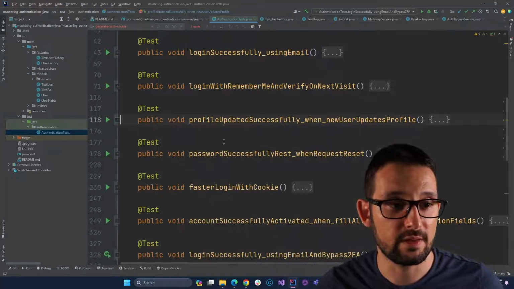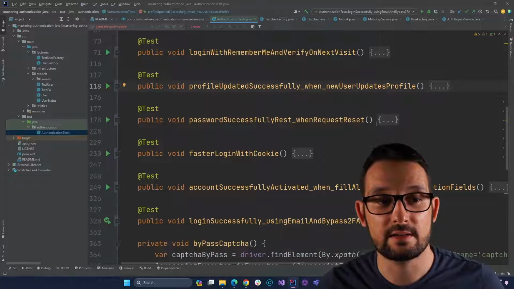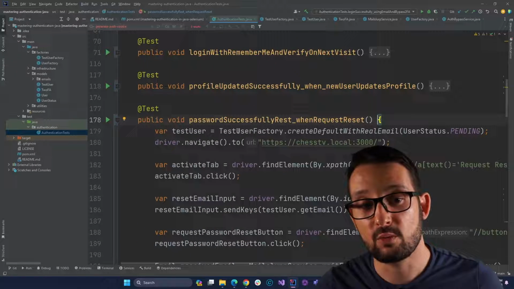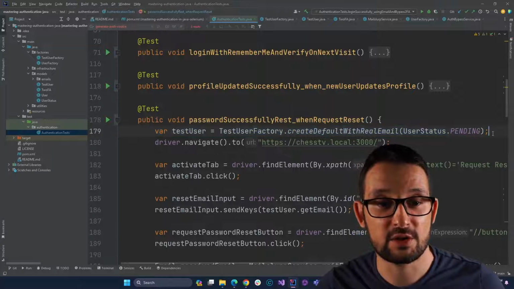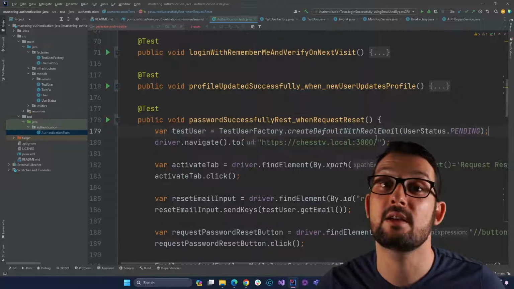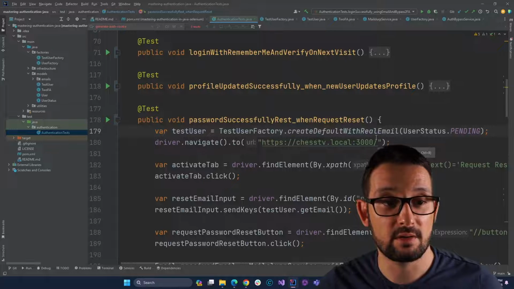Now, let's move on and see how we can reset a password successfully. We're going to use this time a special method called createDefaultWithRealEmail. What does it mean